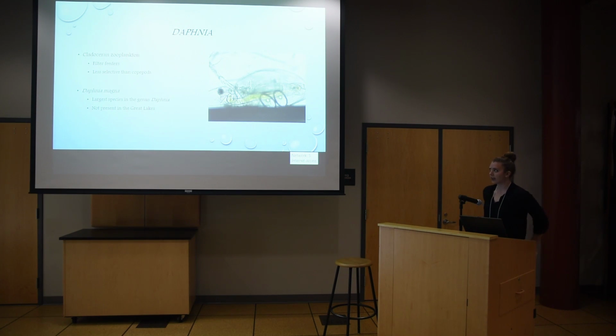So what we're looking at for our project are these Daphnia. These are grazers. You could think of them as itty-bitty cows. They just sort of passively filter bacteria and algae out of the water. These are much less selective than copepods, although it has been documented that they can reject particles. But the concern is that with copepods that have a better vision, if they're eating microplastics, that these species, which